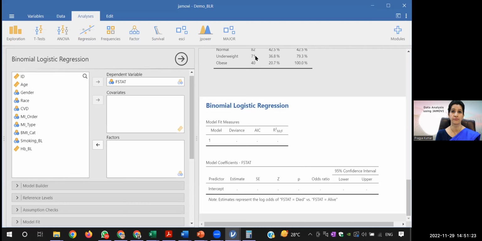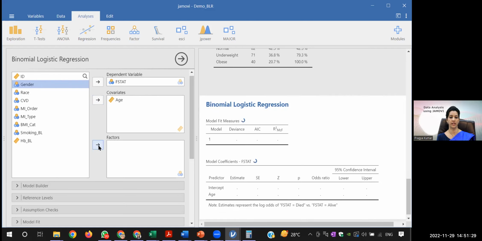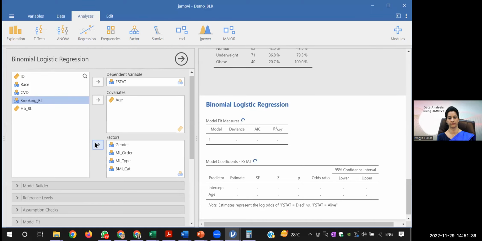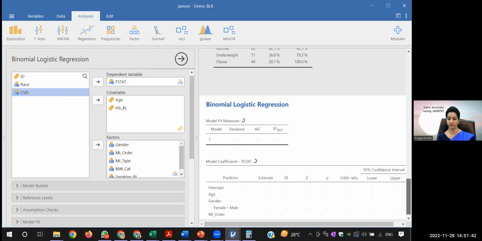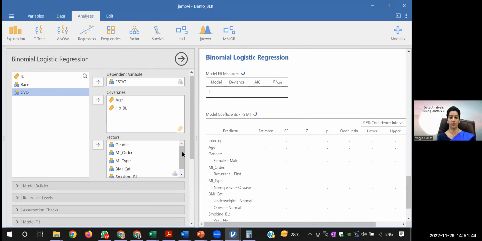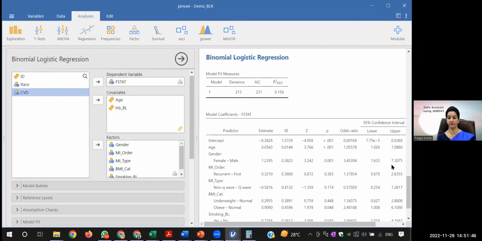Right now, since I have seen that those variables were not important, I will not take race and CVD. Or you may also take hemoglobin, I'll enter it here. Once you have entered everything,